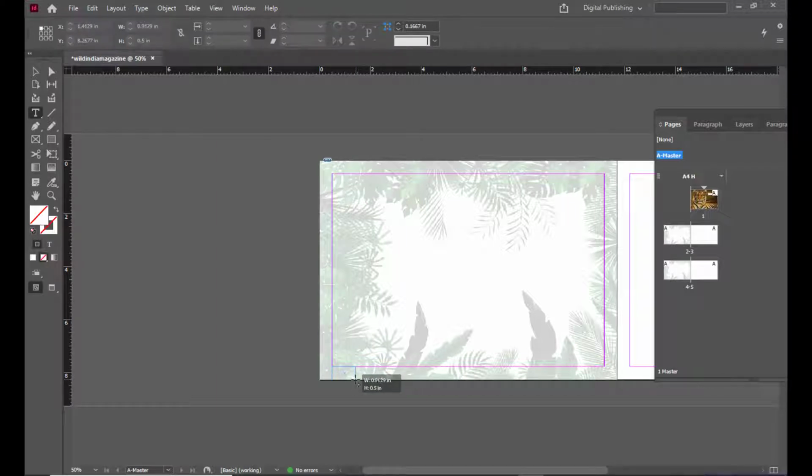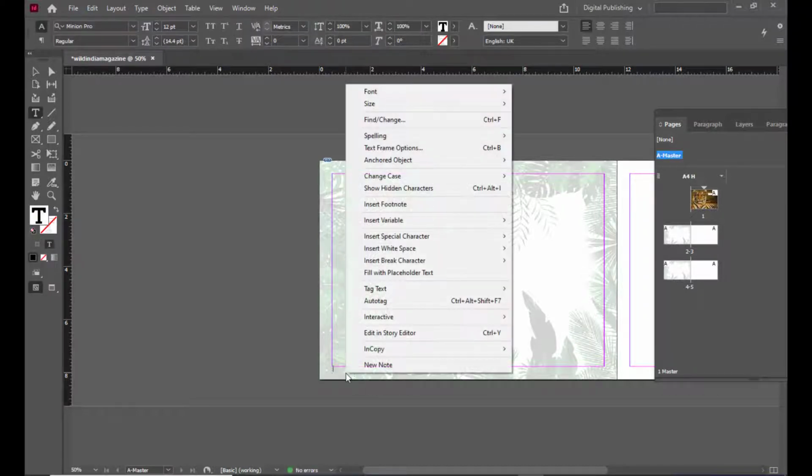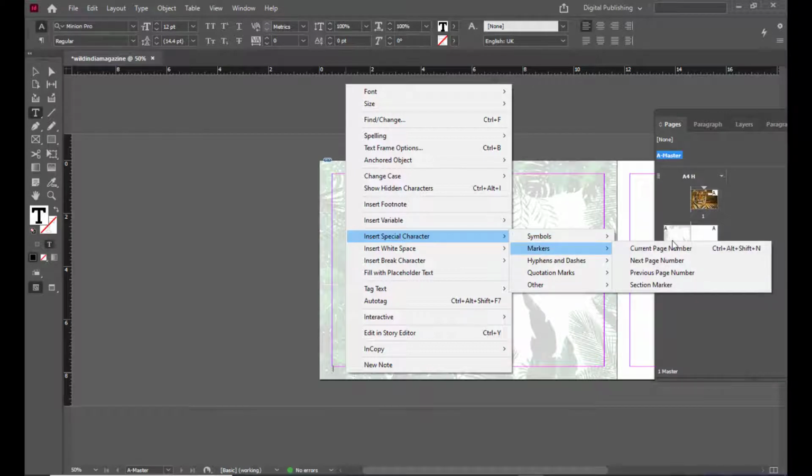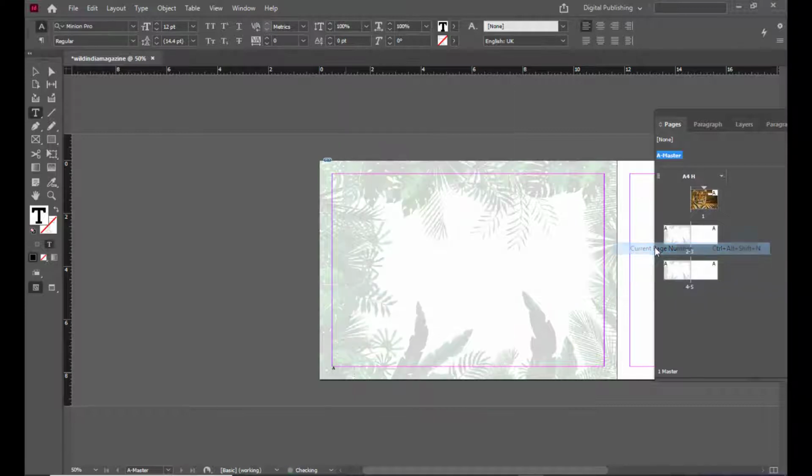So just create a text box, and then simply right click, select insert special character markers, and we can select current page number, right, and we can increase the size. To increase the size we can use Shift+Ctrl+greater than, and we will also center align the text. So we only want page numbers on the left pages, not on the right pages,